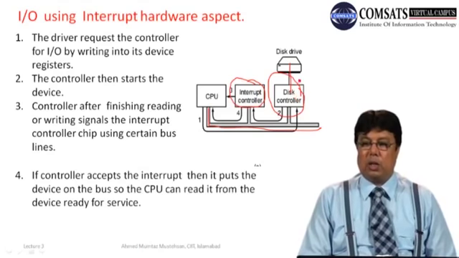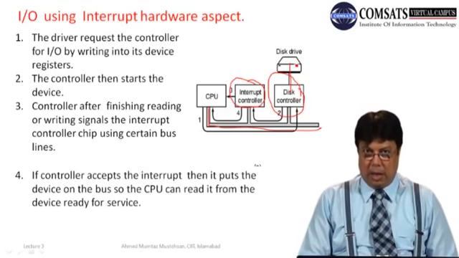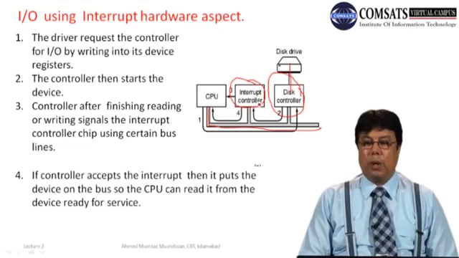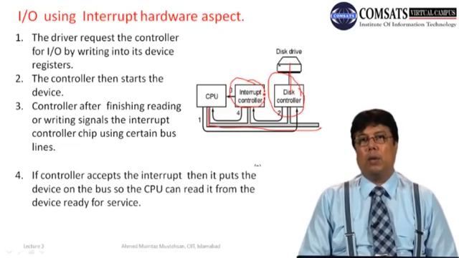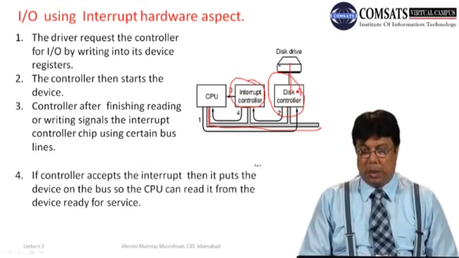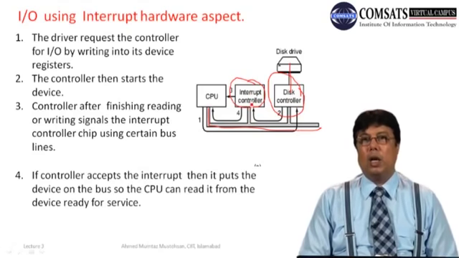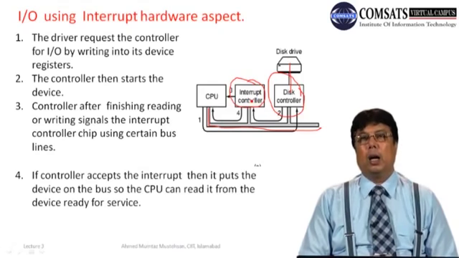Disk controller is a specialist of dealing with the disk, जबकि interrupt controller is a specialist of interrupting the CPU। So once this task is completed, the disk controller tells the interrupt controller that the task has been completed, और ये इसकी बिट को सेट करता है, ये इसको बता देता है कि task has been completed, now you have